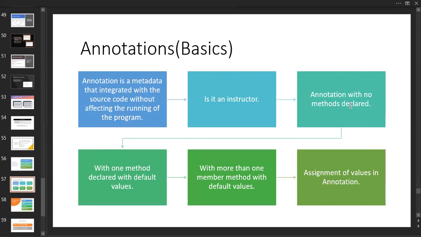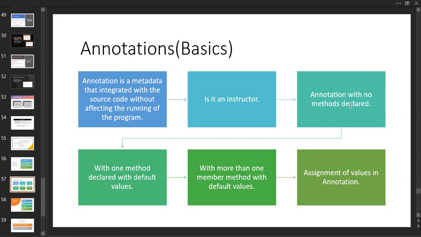Inside that, we are going to declare methods similar to those of a class. Inside a class, we take methods. In a similar way, we are going to take these annotations having a single method, no methods, or default values, and it does not end with a semicolon. Other statements end with a semicolon inside Java, but annotations do not.